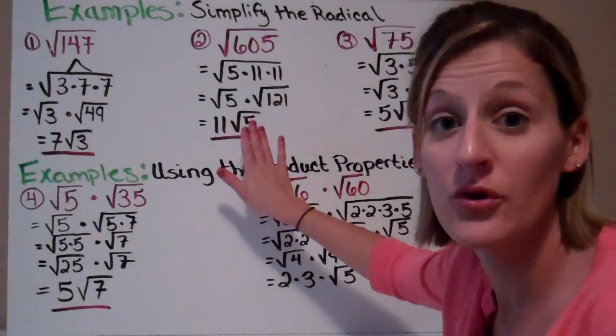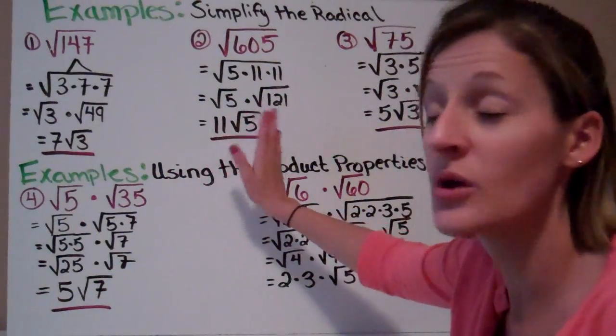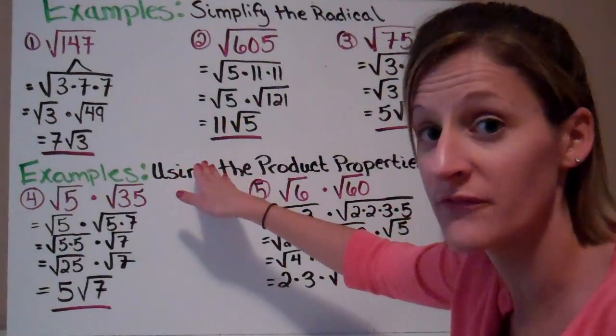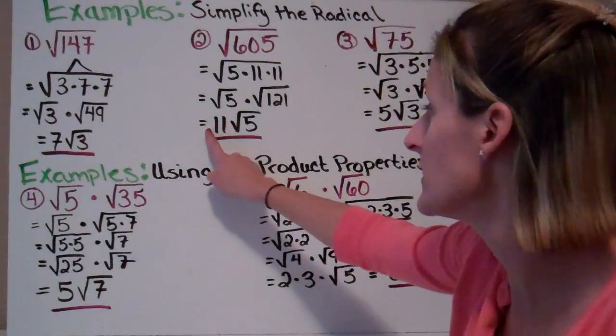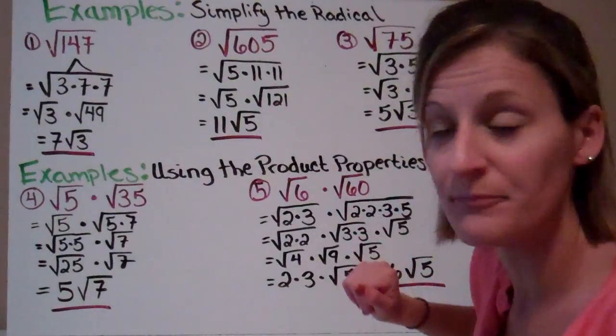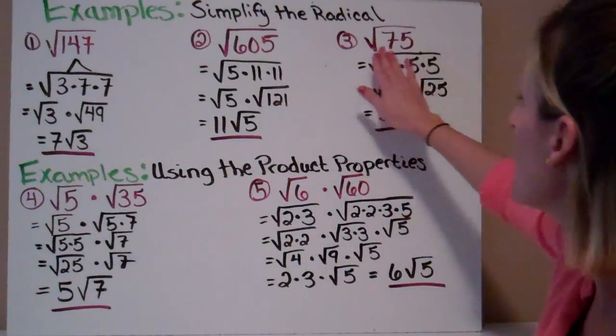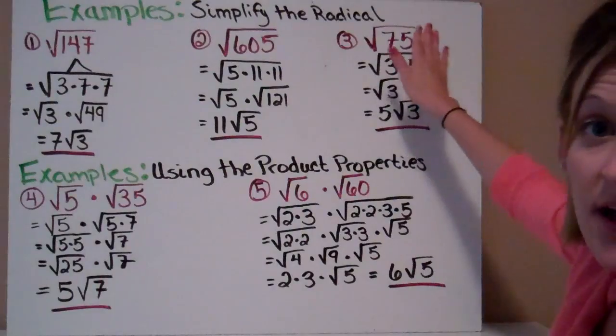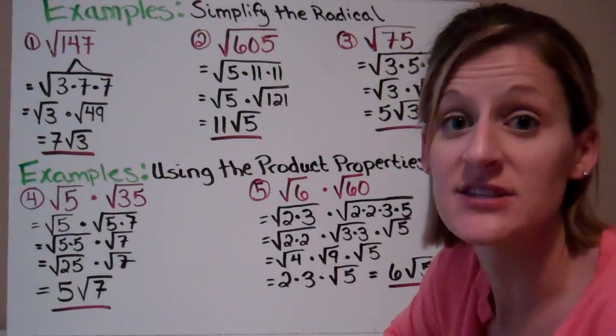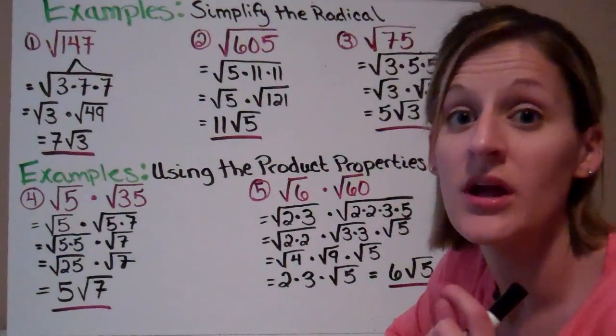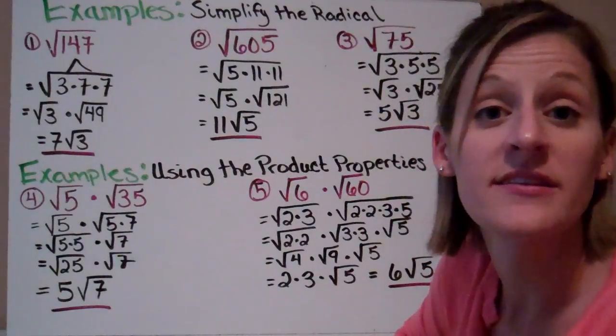I do the square root of 121, which is 11, so I put that on the outside of the square root of 5. So we get my answer of 11 times the square root of 5. Now this last one, we've got the square root of 75. Now 5 goes into that, so I'm going to divide 5 out, and then I've got 25,